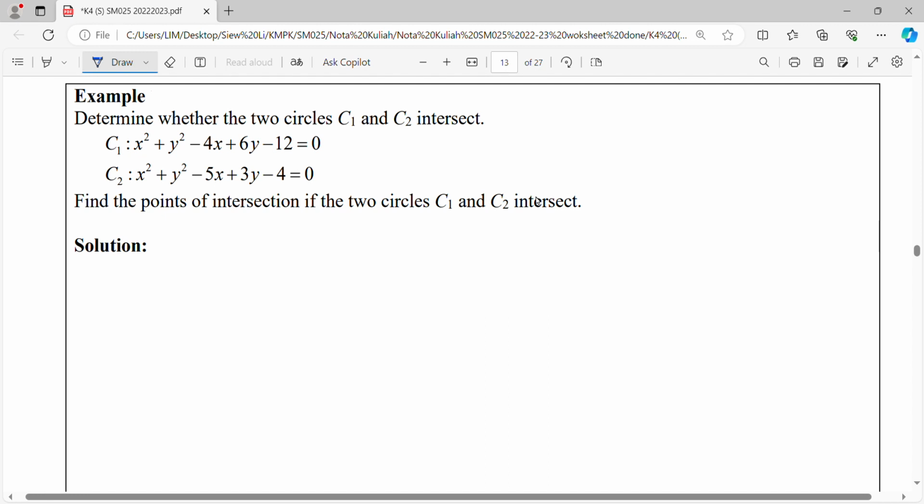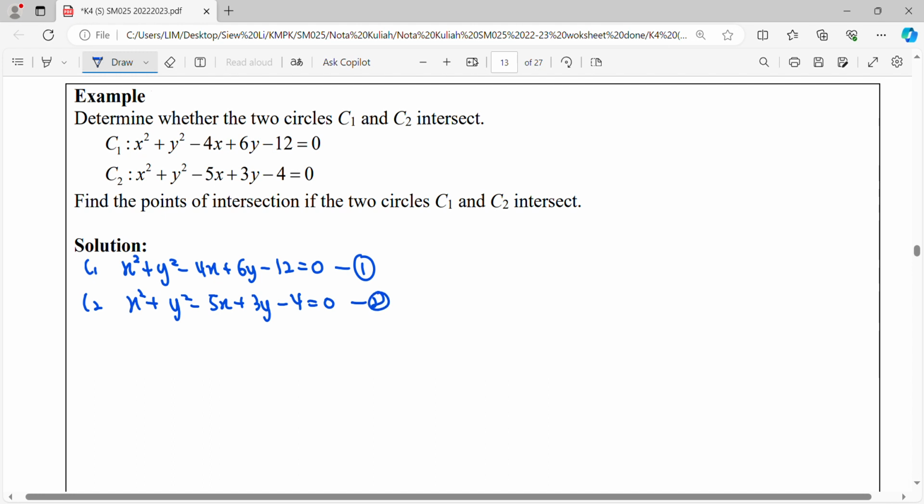So circle number 1, x squared plus y squared minus 4x plus 6y minus 12 equals 0 will be our equation 1. Then the second circle will be our equation 2. So we try to solve these two simultaneously,